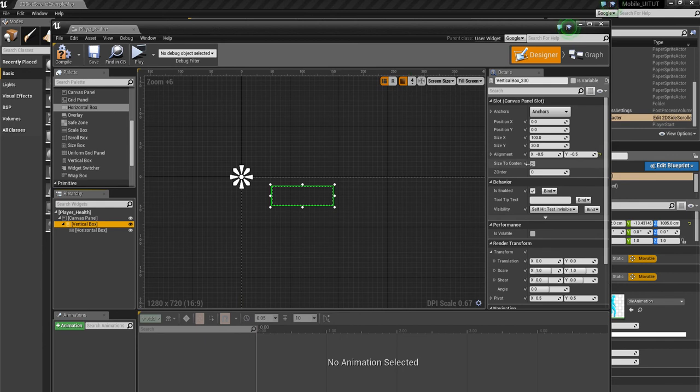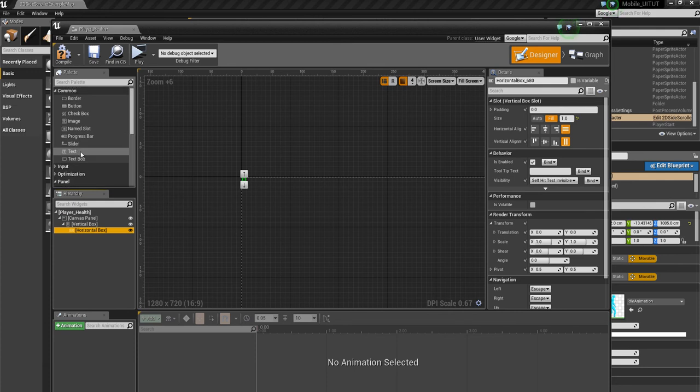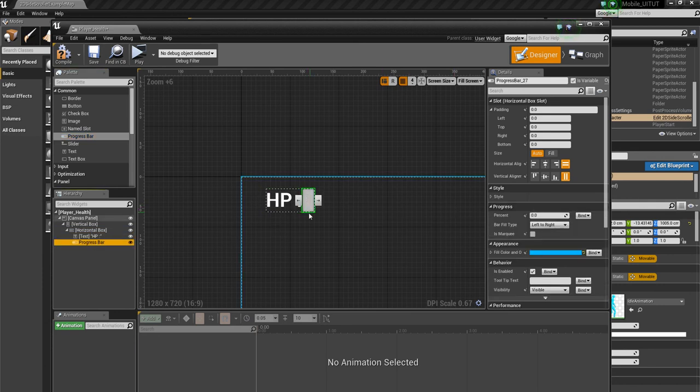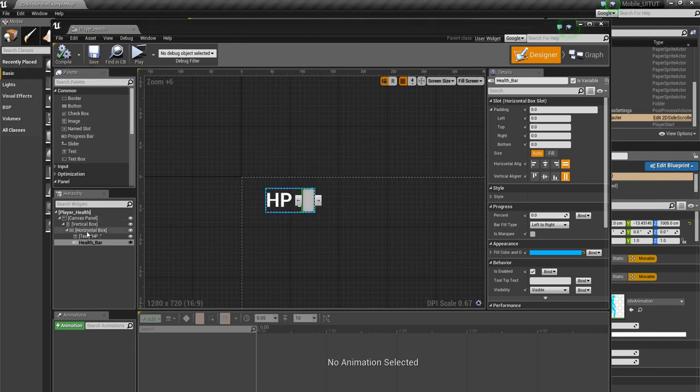Oh, and also in the vertical box, click size to content. And then we will add a text. And we'll call this HP and then space and then colon. The space just makes it so we could see it a little bit better. And then we want a progress bar in that same horizontal box. And let's call this guy health underscore bar. Compile, save, and